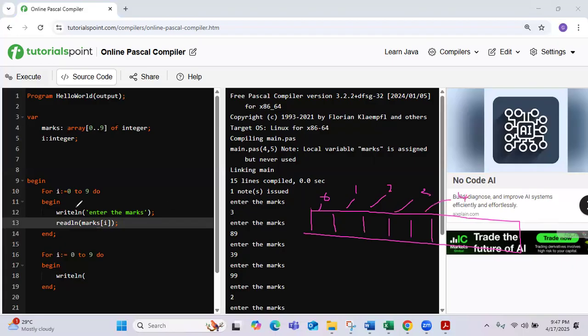When it's 0, this will get marks[0]. That means the value you enter will be stored here. The second time, it is stored here. Again, it will store like this. Is this part clear? Yes, uncle. Clear. Right, then I want to